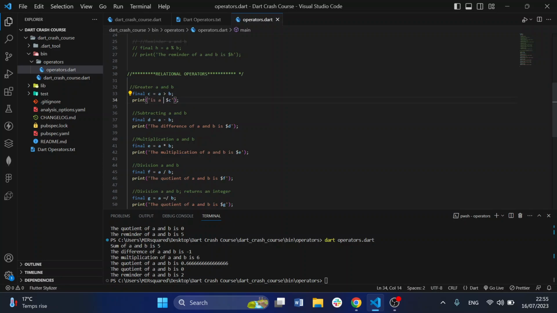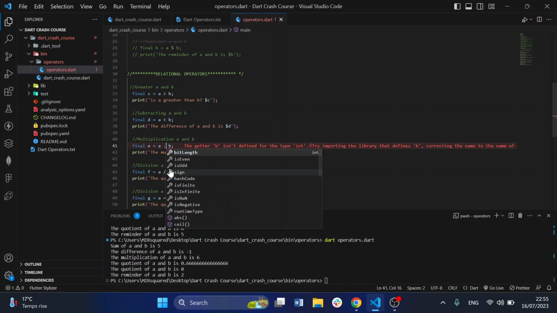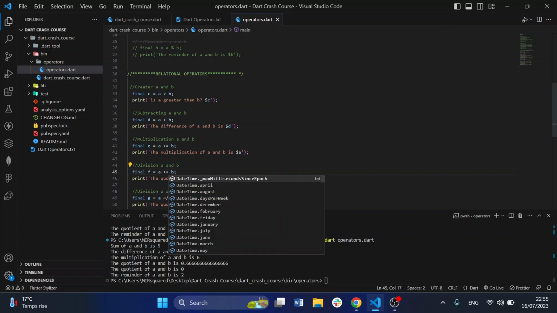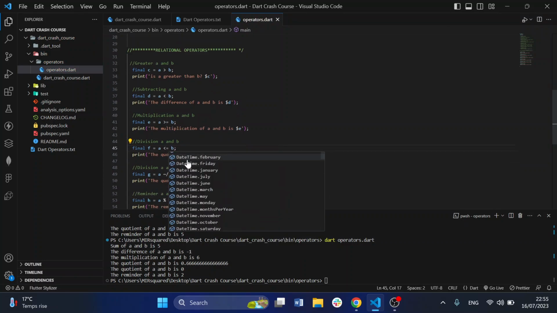So it's going to give us a response. Let's just go in that format and format the rest: less than, greater than, greater than or equal to, less than or equal to,